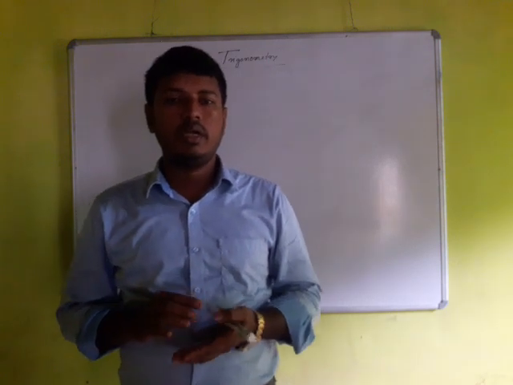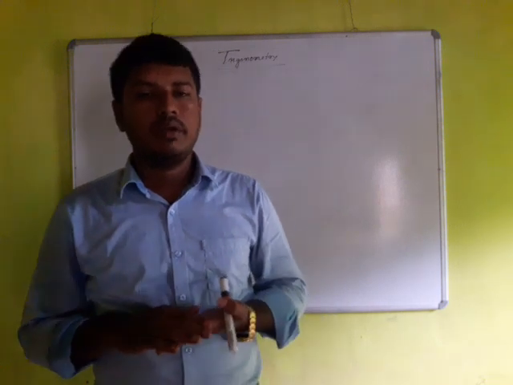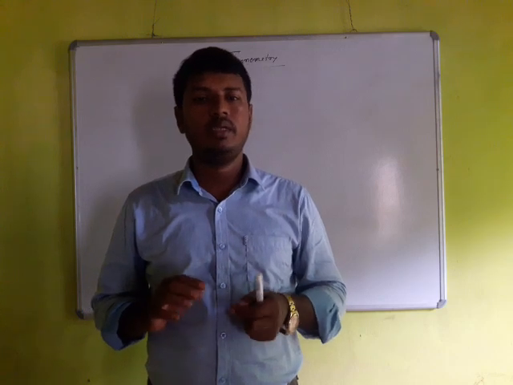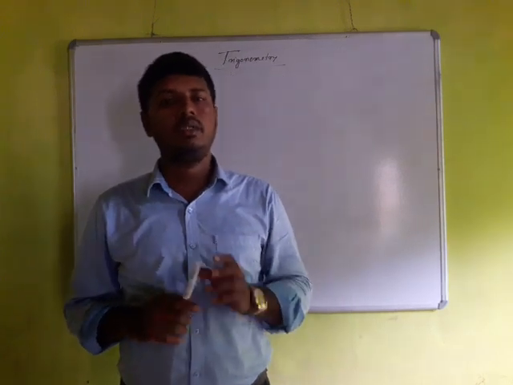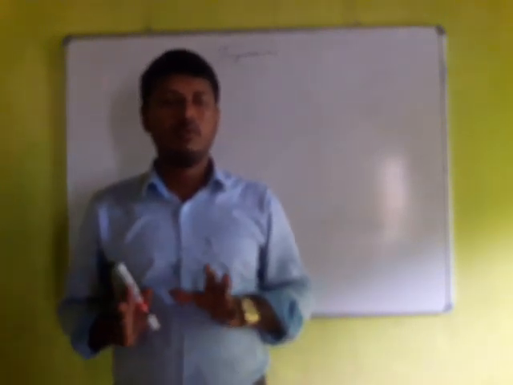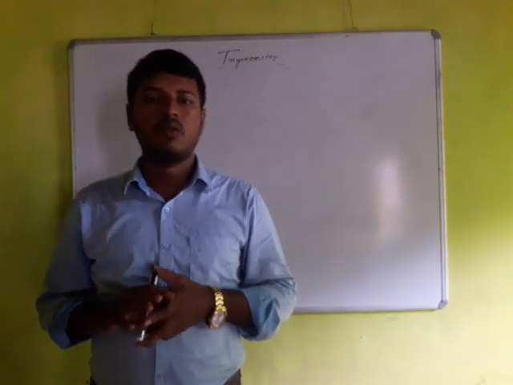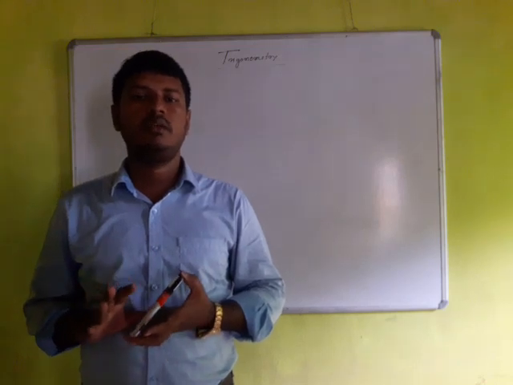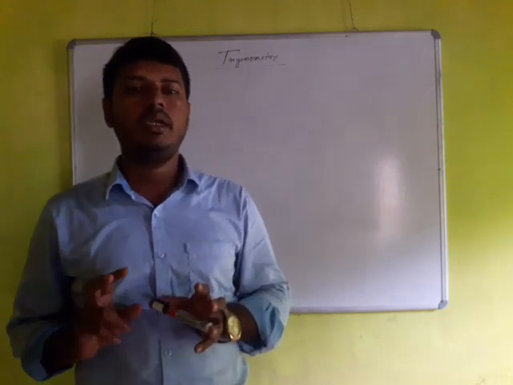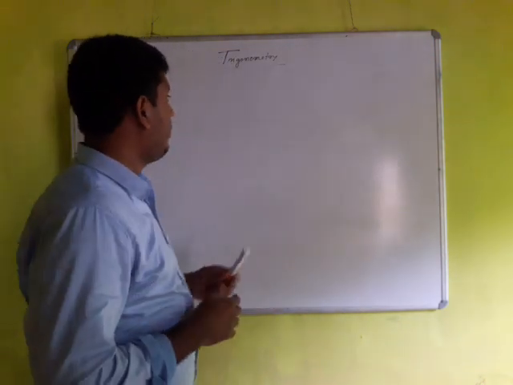Before starting trigonometry, we have to know that in this chapter mainly triangle related problems, that is, the sides and angles of a triangle related problems will be discussed. So in trigonometry basically we have to understand the triangles, that is right angle triangles related problems. We have to know the trigonometric ratios first, then we have to understand the trigonometric identities. There are mainly three identities and also the complementary angles. So let's start the trigonometric ratios.